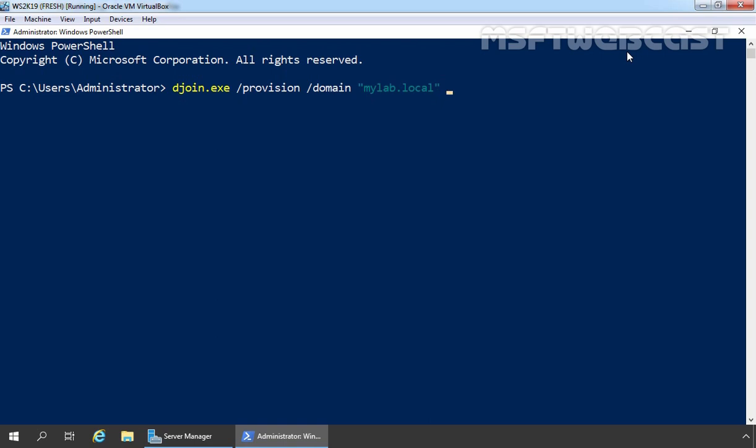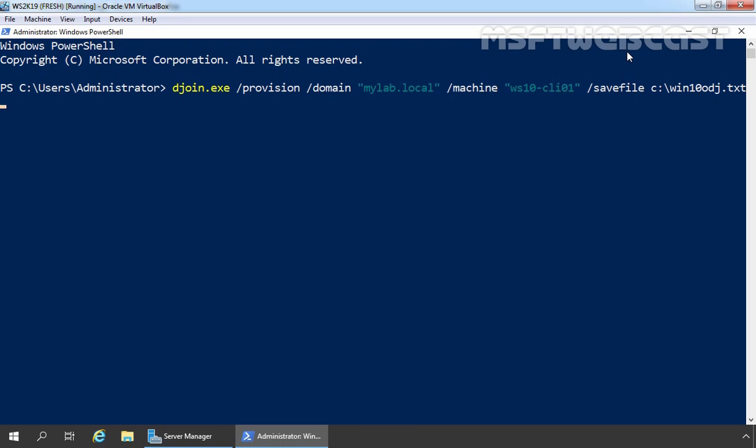Then after, we need to use the switch /machine. Here, you need to specify the host name of that computer. Then we need to use the switch /savefile. By using this switch, we can specify the location where we want to generate the encoded file. In my case, I'm giving the location c:\win10odj.txt. win10odj.txt is the name of our encoded text file.